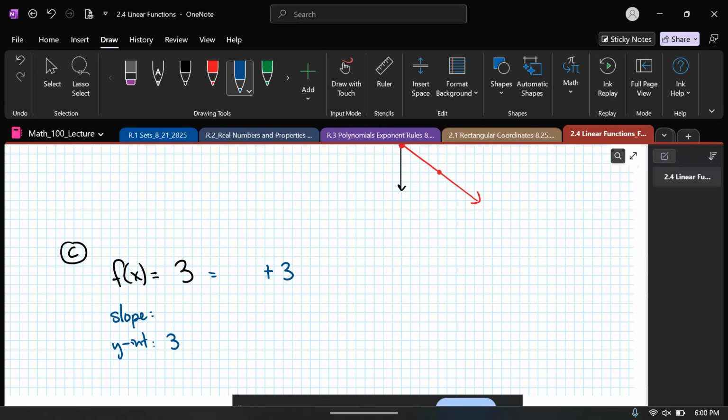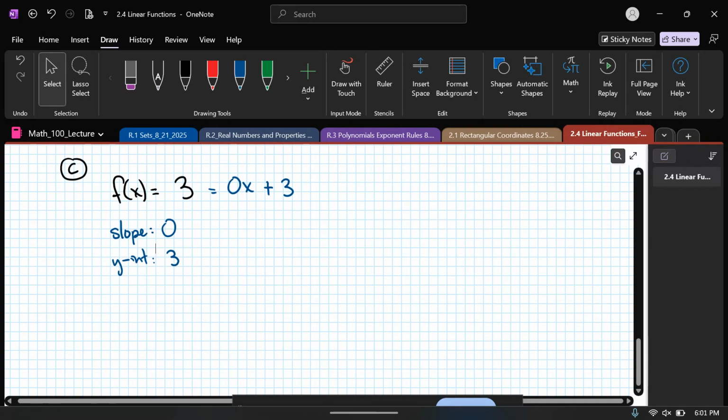So my y-intercept's 3. What's the slope if it's not there? 0 if it's not there. So the slope is 0, which is going to be a horizontal line. When the slope is 0, it's horizontal. Okay? So this is like one of those from the lab 7 that we did earlier today. So when I go to graph that,